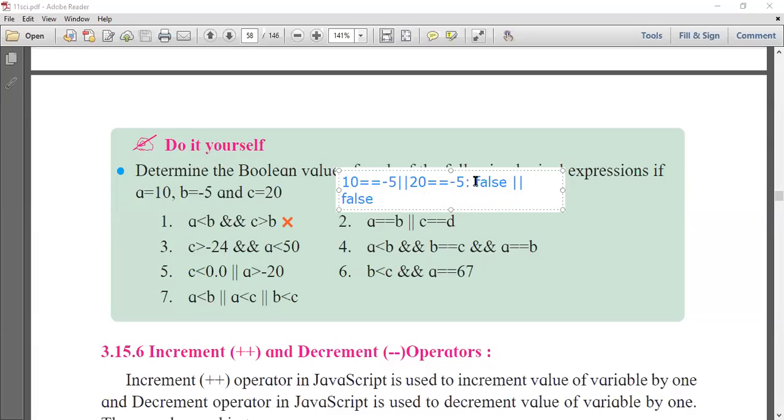As I said yesterday or in the last session, false means 0, or means plus, again false means 0. What will be the answer? 0. So your answer will be false, right? So after evaluating this expression, you will get the result false. So this is about the second one.